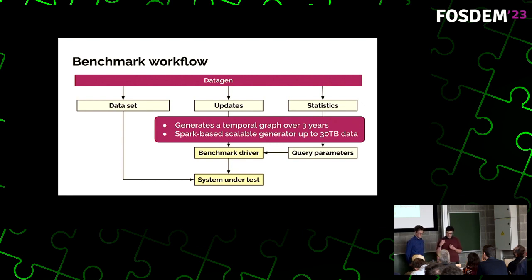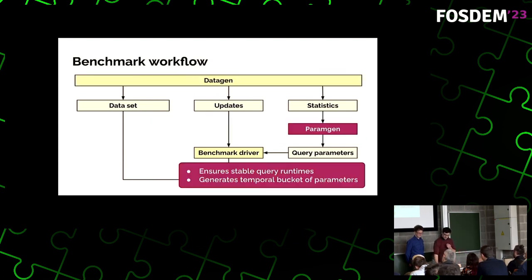And so the output is a data set suitable for loading into the system under test, updates, which are then executed during the benchmark, and statistics, where we can select the parameters. And the selection of the parameters is done in the parameter generator, and this ensures stable query runtimes and assigns parameters into a temporal bucket. So a parameter may include parameters that once are inserted into the data set or before they are removed